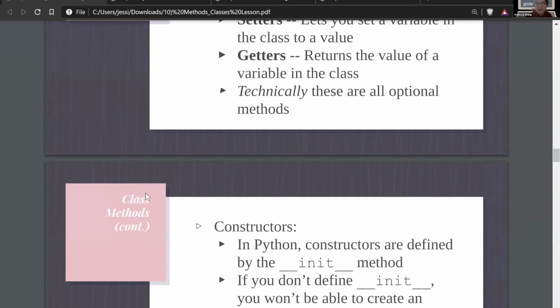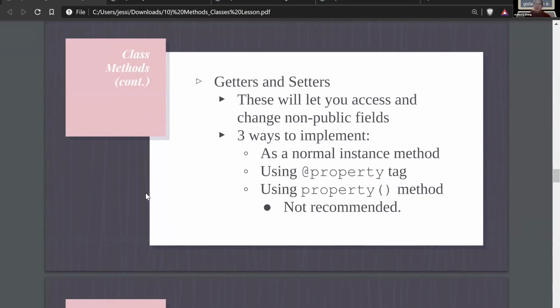So next we can talk about getters and setters. These are just generic names for methods that will get or set your variables. Getters will return the value of whatever variable you pass in. Set will just set the value of that variable. The important part about this is it will let you access and change non-public fields. And